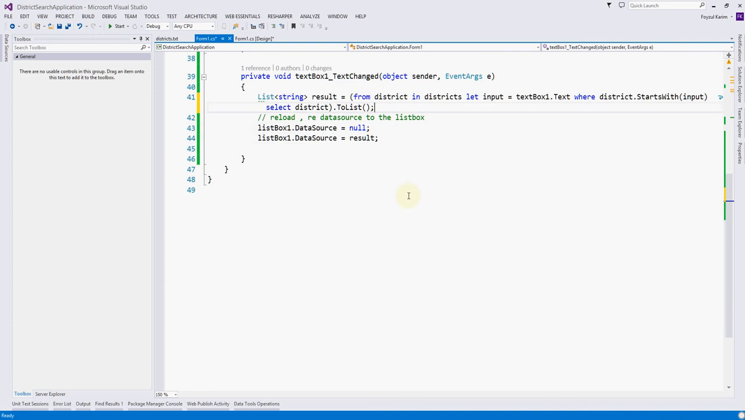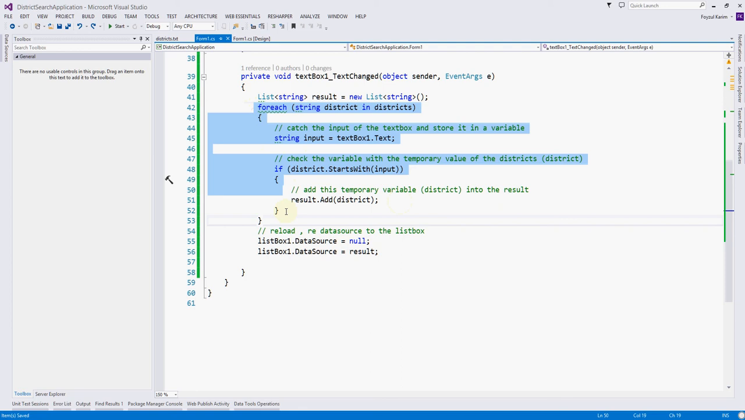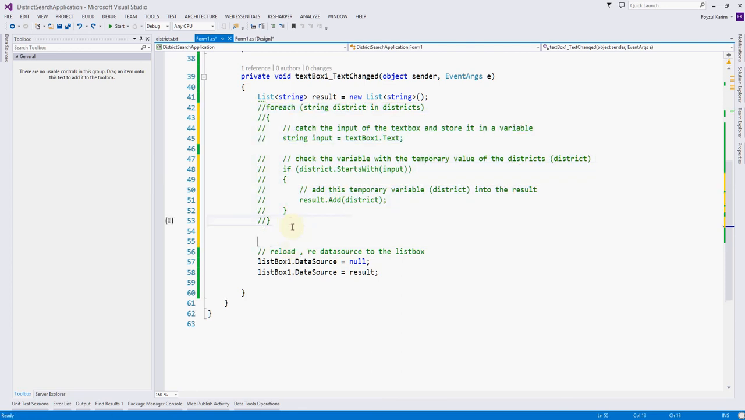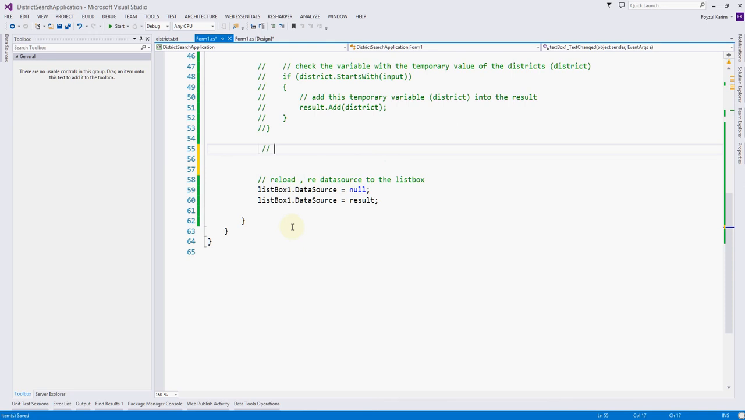Wow. Let's not confuse you. Undoing. Okay, so I'm just commenting the whole thing. To work with LINQ, you need to understand the basic principle of LINQ. The principle is, I'm writing it down,